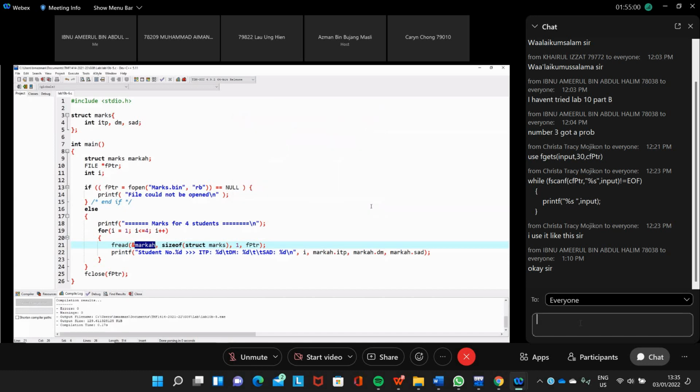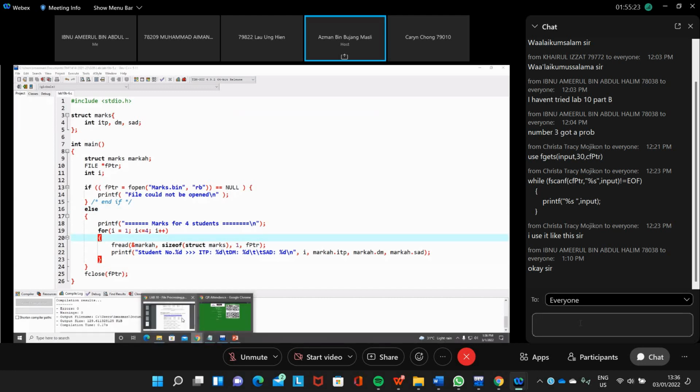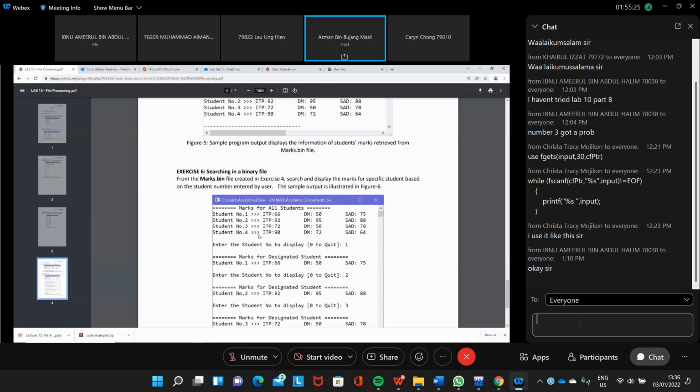We have the same structure, and then we open the file for read binary, because we just want to read the file. Then we go to the else part. If you look at the output here, we still get the same output as previously.